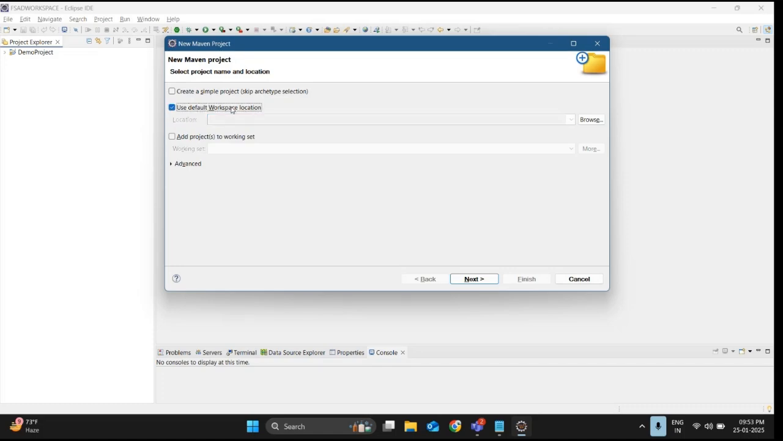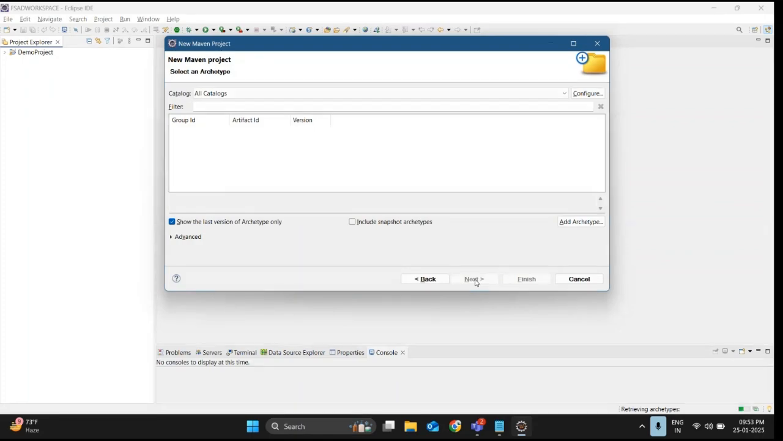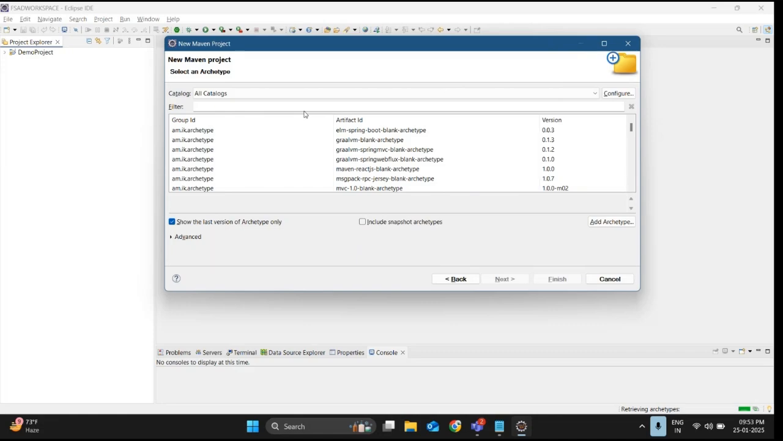For some users who check this option, the Next button will not be highlighted. For those students, please check this option and uncheck again. At that time, the Next option will be enabled. So please click on Next. Meanwhile, it will take some time to reload all the archetypes from the server. It will fetch, it does not take much time. Okay. Maven archetype